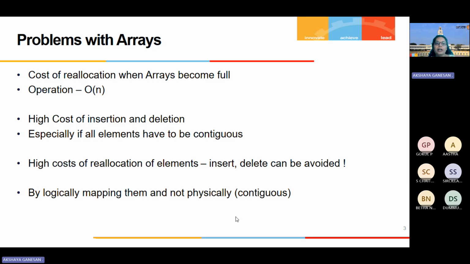Okay. Coming to today's topic, we'll start with problems of arrays, which we slightly discussed in the previous session also. So what is the problem with an array? When you want to update an array, when you want to add an element into the array,